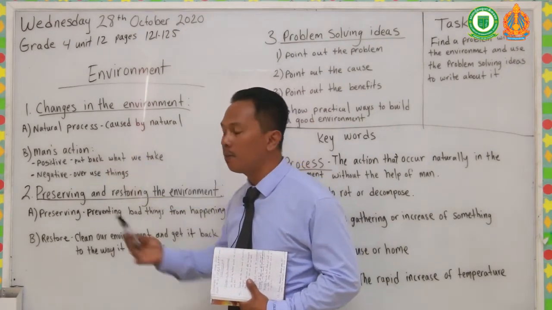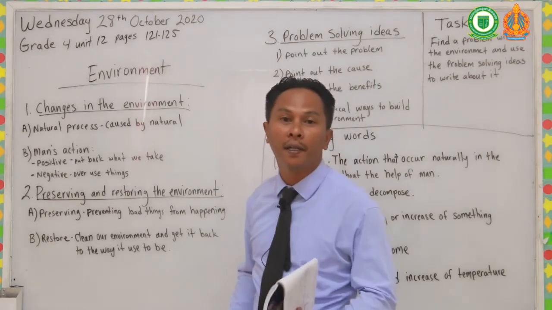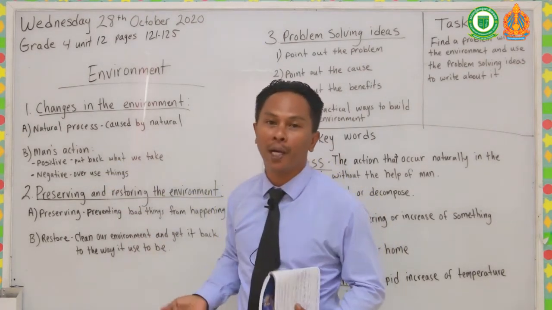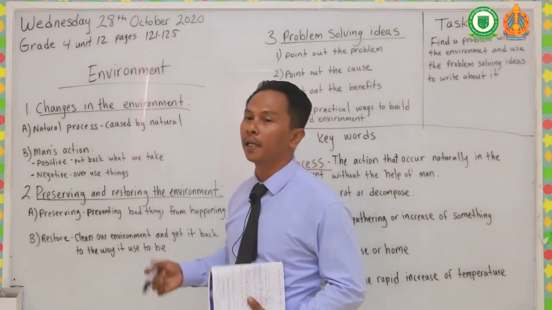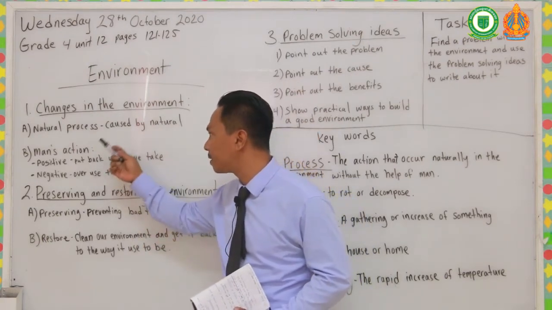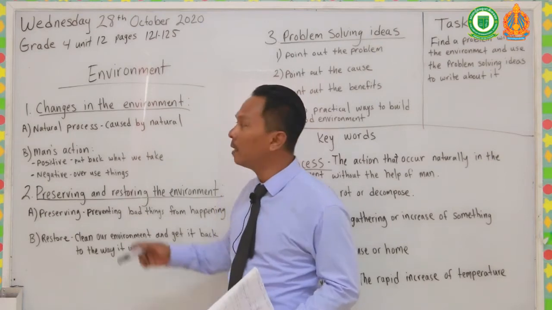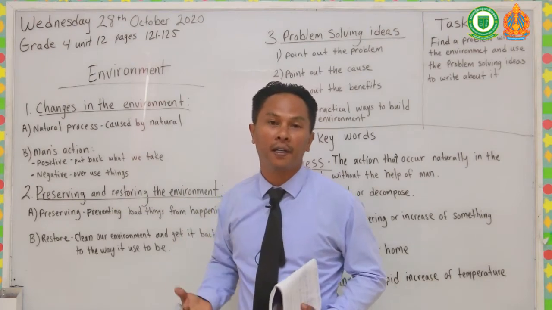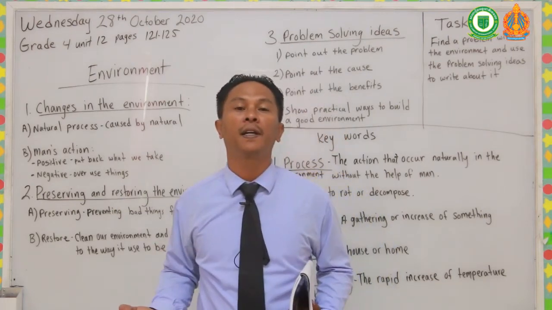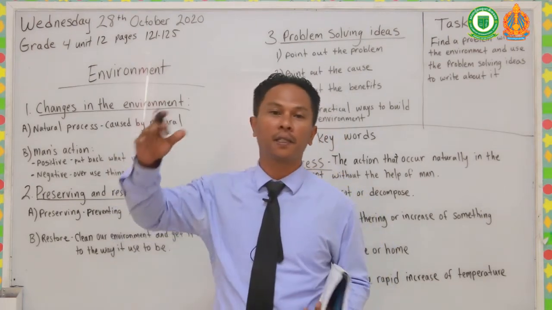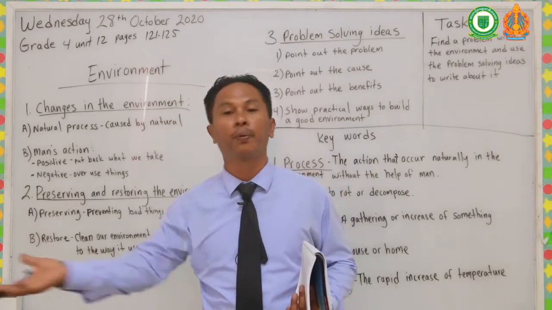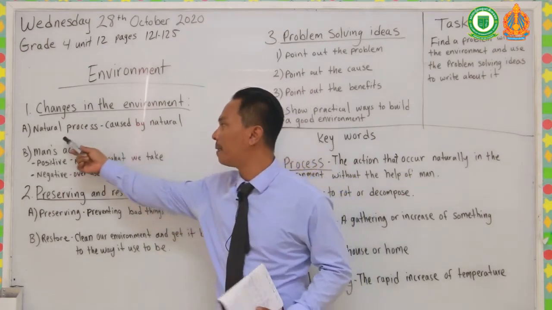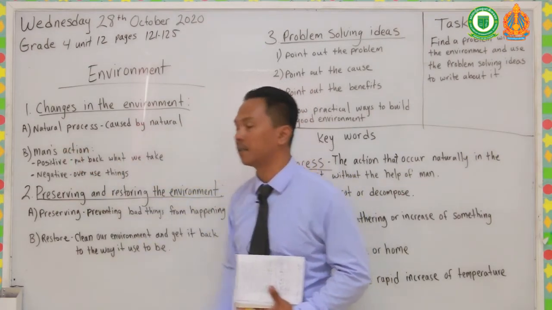And there are quite a few more, like say we have heavy rain. Okay, heavy rain is a natural process because man cannot make rain. It's naturally made. Okay, Mother Nature makes rain. So when we get heavy rain, it causes changes in the environment. In some parts, it causes flood. Okay, and what happens when we get flood? Sometimes the houses crumble down, they get pushed into the river and swept away. Okay, so that is what we're talking about when we talk about natural process, okay?